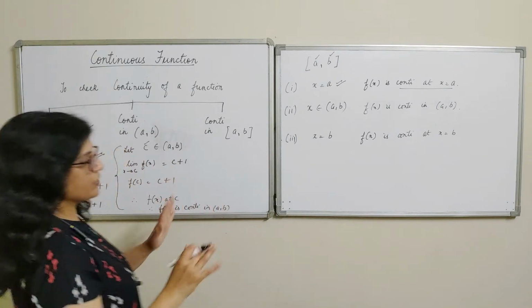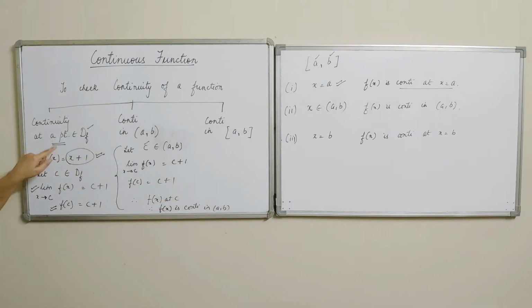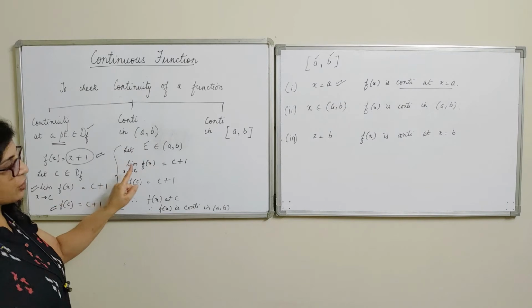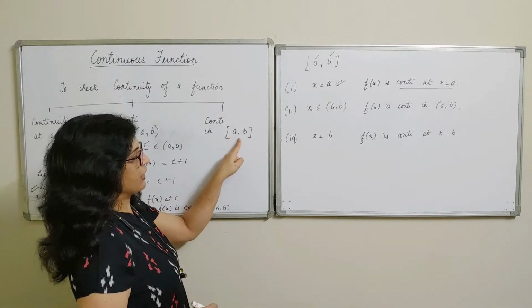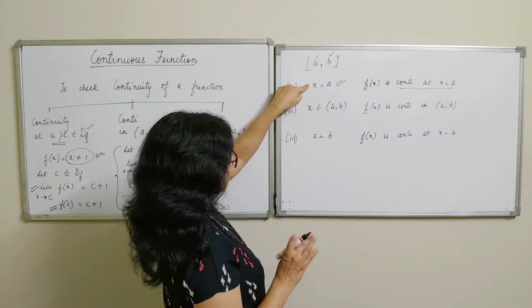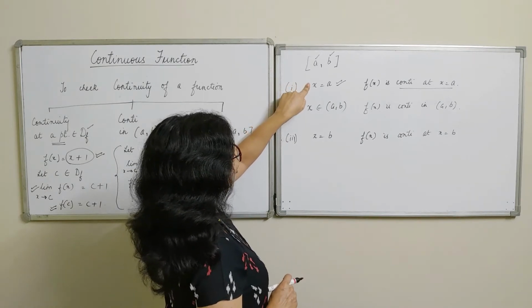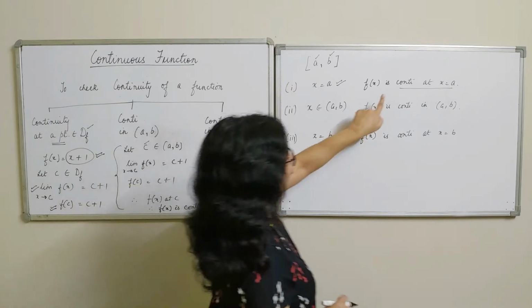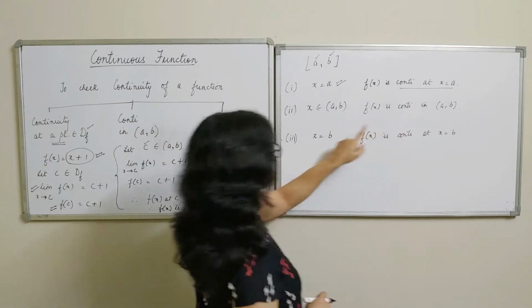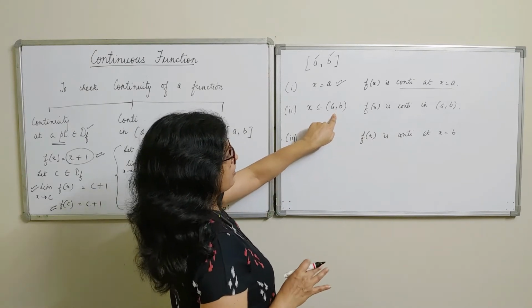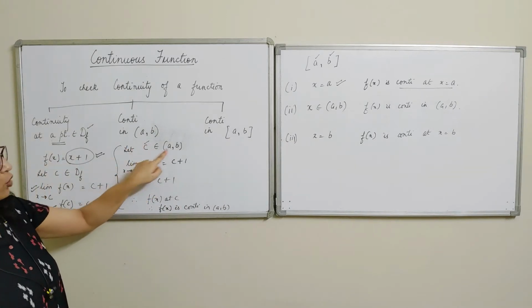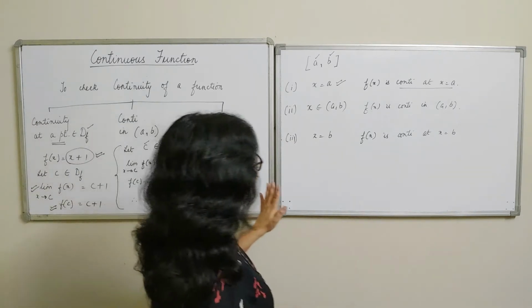So once again, let us analyze the situation. It's always easy to check continuity at a point. If an open interval is given, choose a point from the open interval and check continuity. If a closed interval is given, divide the solution into three parts. Take the lower limit of the interval and the upper limit of the interval. That means we have points in these two cases. At these two points, check whether the function is continuous or not. The remaining part left is the open interval. In this open interval, again going by this process, you choose a point in the open interval and then check the continuity of the function.